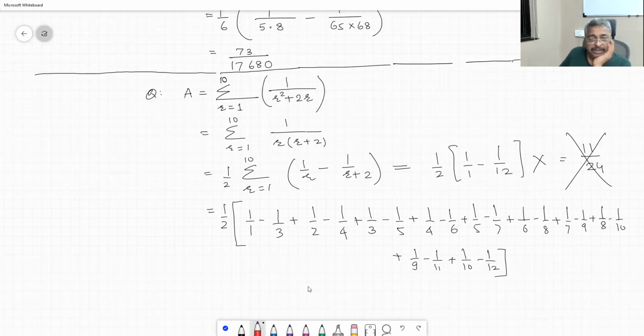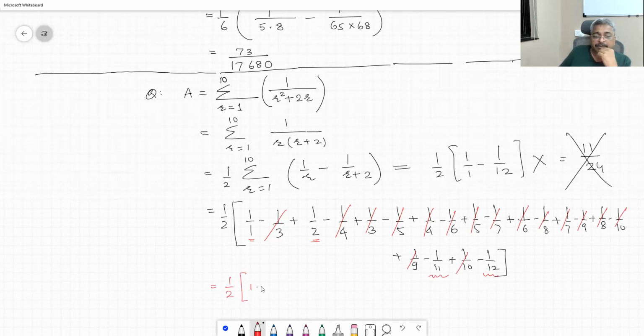Now you observe them very carefully, that there is a telescopic setup, there is a collapse. This collapses with this. This does not collapse. This does not collapse. This collapses with this. This goes with this, this goes with this. So there is a gap of 2 while cancellation. Okay, 10 also gone. But these two guys remain there. Therefore, the correct answer is 1 upon 2